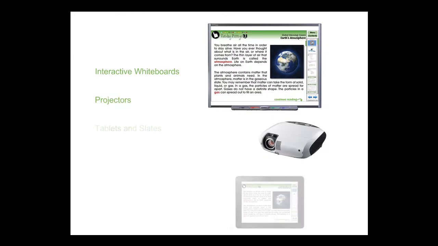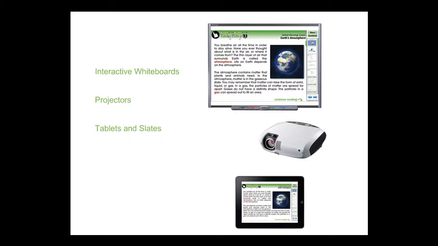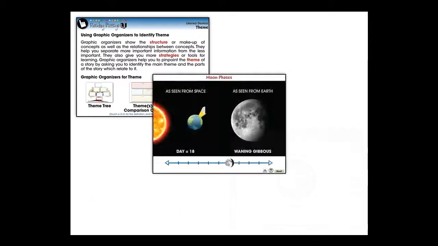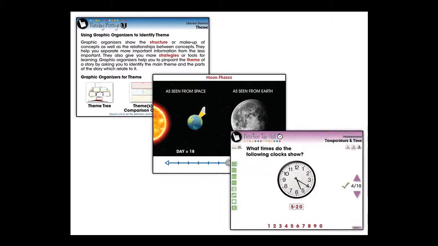Each ready-to-use resource is ideal for use on interactive whiteboards, projectors, tablets, and slates. For use on smartboards or any other brand of interactive whiteboard, our software is compatible with PC or Mac. Our highly interactive and engaging curriculum-based and Common Core aligned lesson plans inspire student interaction and are ideal for differentiated